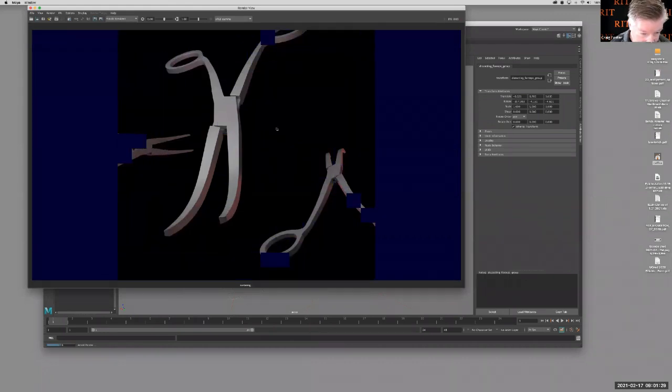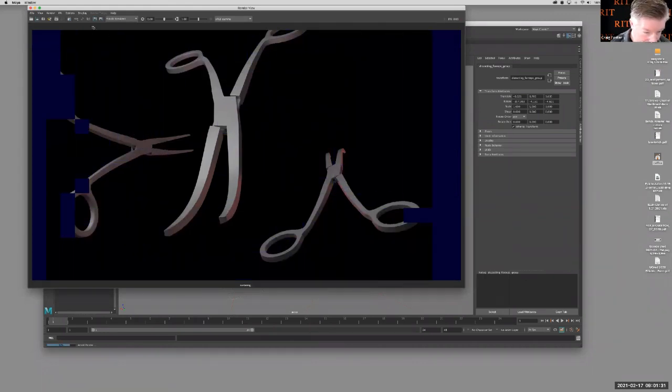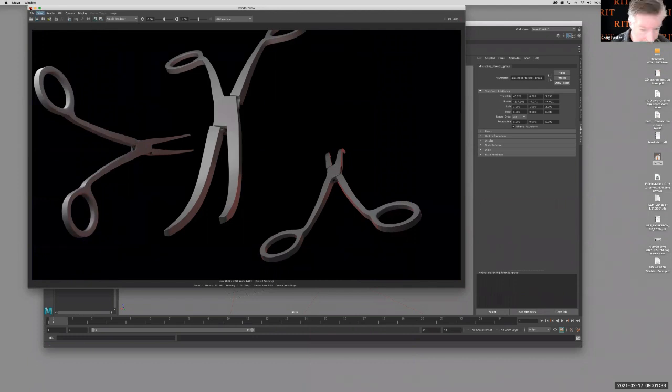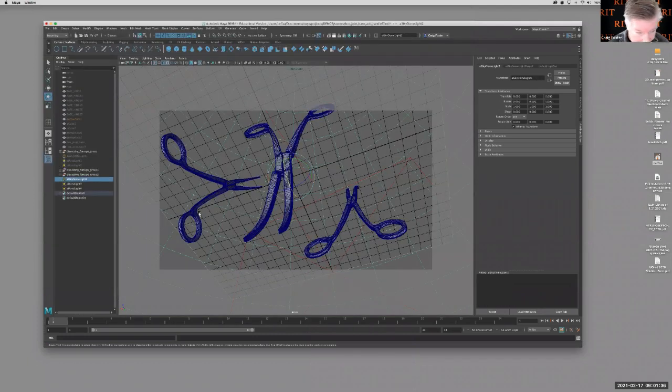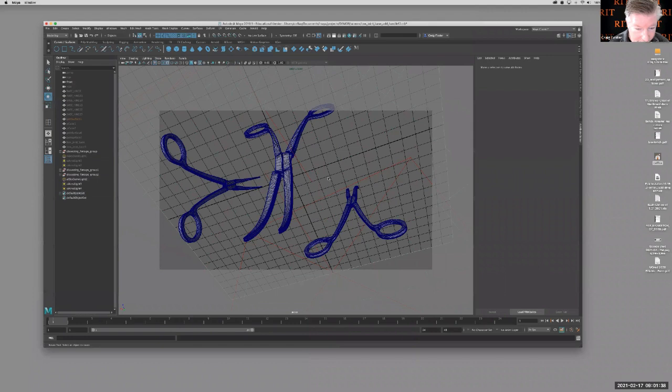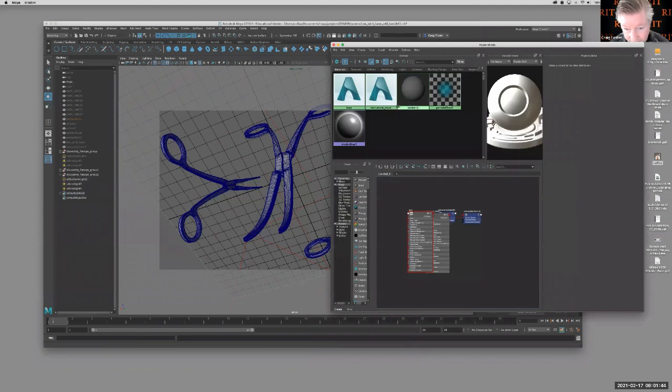Okay. And at this point then, what you can do with your shaders, if we go to our base shader,